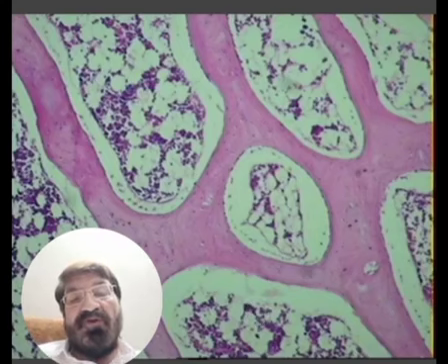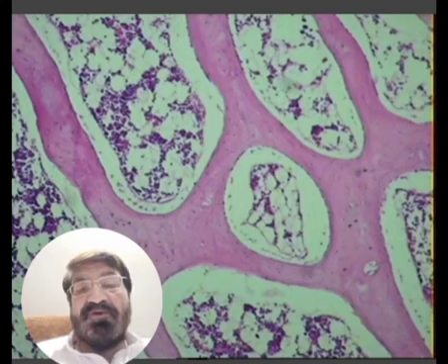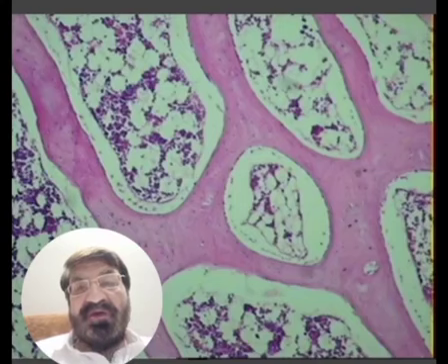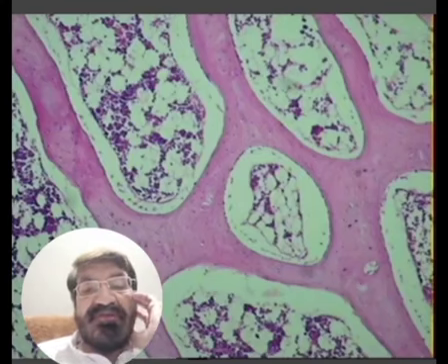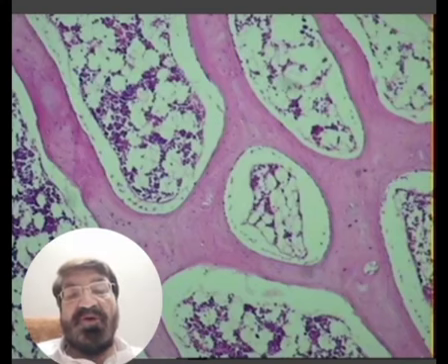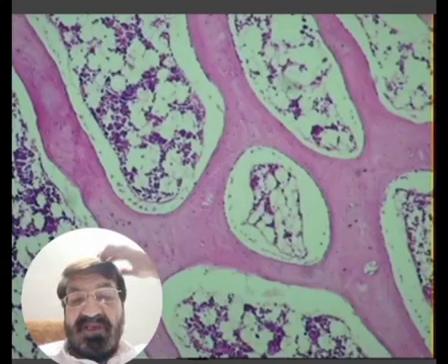Bone marrow consists of all the different types of cells. There are megakaryocytes, RBCs, WBCs, platelets, and also a lot of fat cells. This is the red bone marrow. I have told you where there is the spongy bone, there will be a red bone marrow. And this spongy bone is actually present towards the ends of the long bones. It is present in the sternum, it is present in the ribs, it is present in the diploe of the